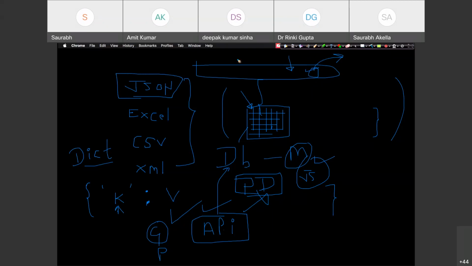Somebody can prepare an entire database with the same URL. So once you hit, your data could be getting saved into two different databases. You will never know where exactly your data has been routed. So in that case, POST is quite good, and a DELETE API is also there. RESTful API is also very popular.